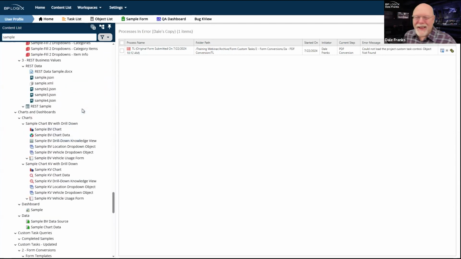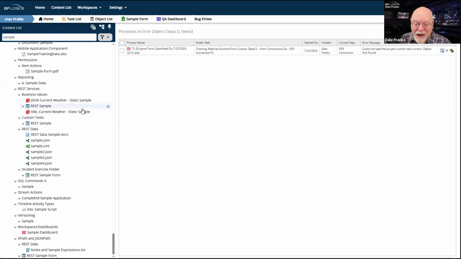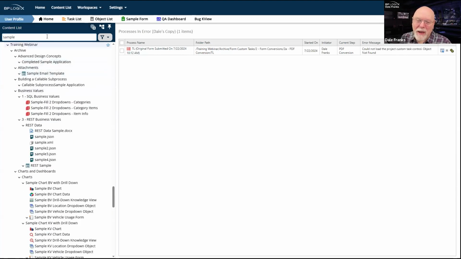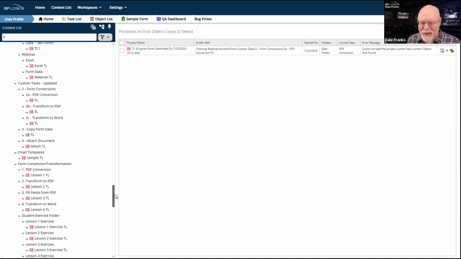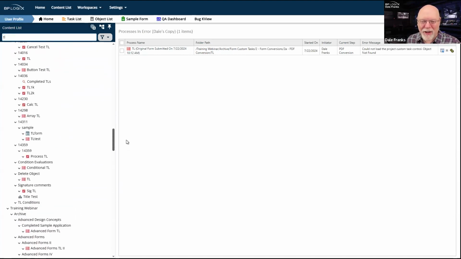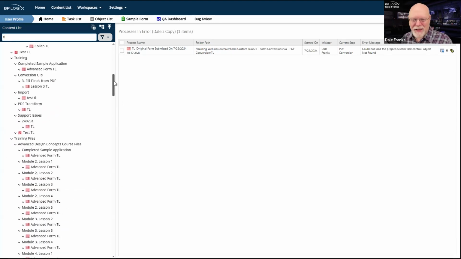So while the search is useful, if I have some unique value, for me, if I go sample, I think probably if I type in TL, I'm going to get the same thing. There we go. There's every object in my system that is named TL. They're all timelines, or the word TL is in there somewhere.